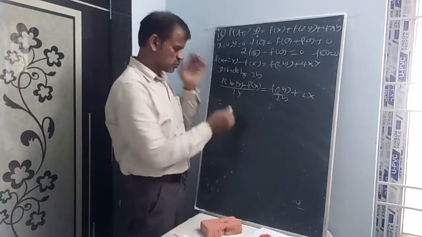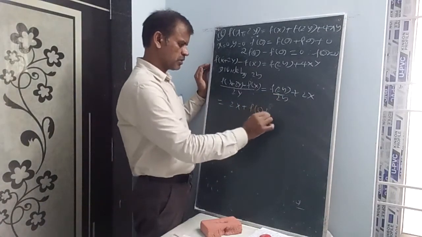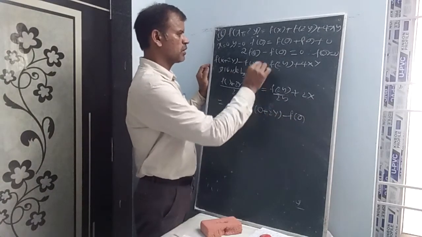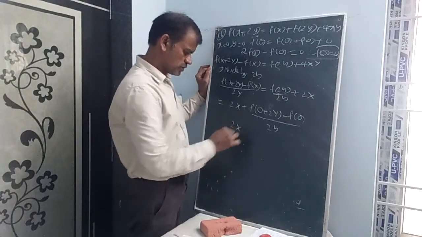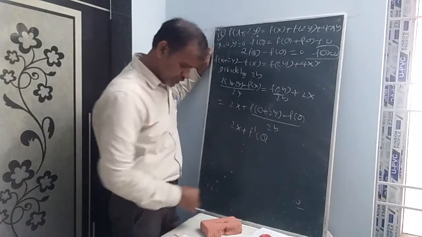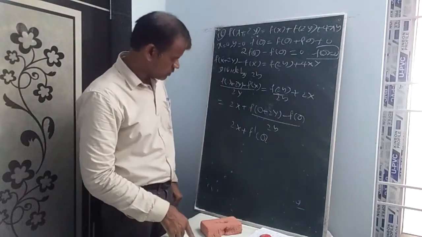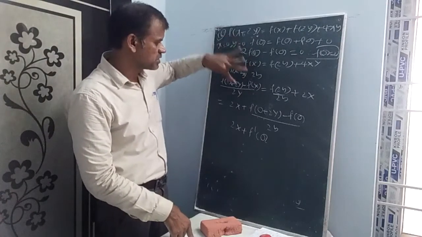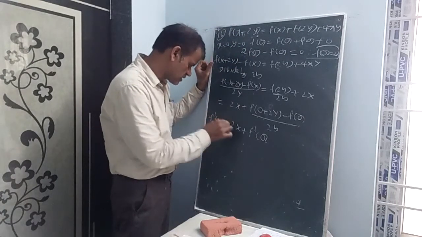So let us consider this one now, 2x plus, you can write this one as 0 plus 2y. f(0+2y) minus f(0), because f(0) is nothing but 0, we are creating the formula by 2y. So this is 2x plus f dash of 0. Now f dash of x we are getting. Once again you can understand the formula f(x+h) minus f(x) by h is f dash x.